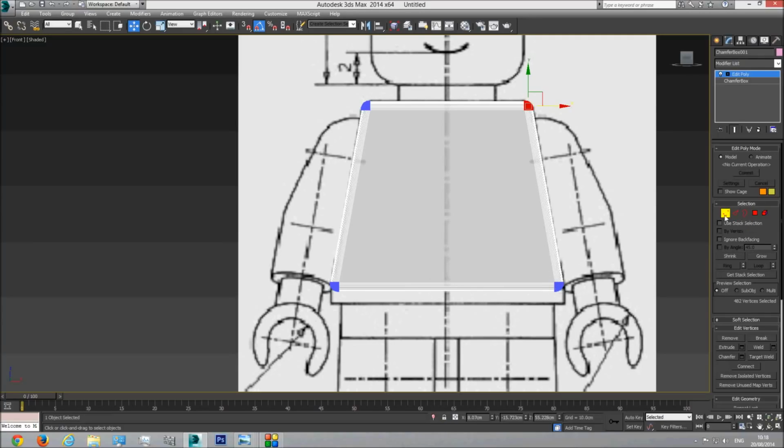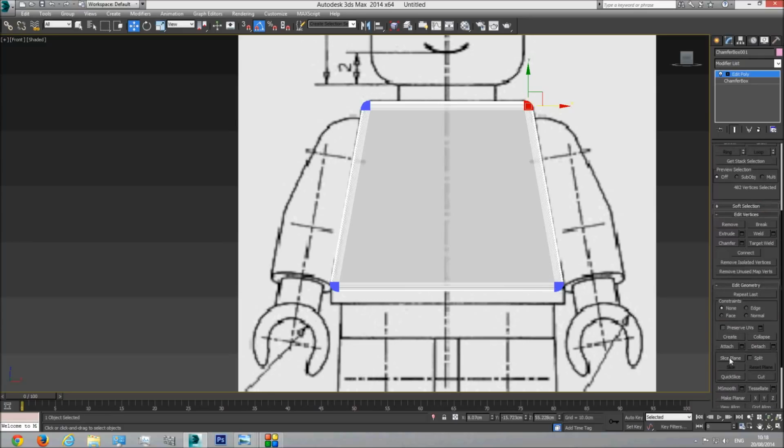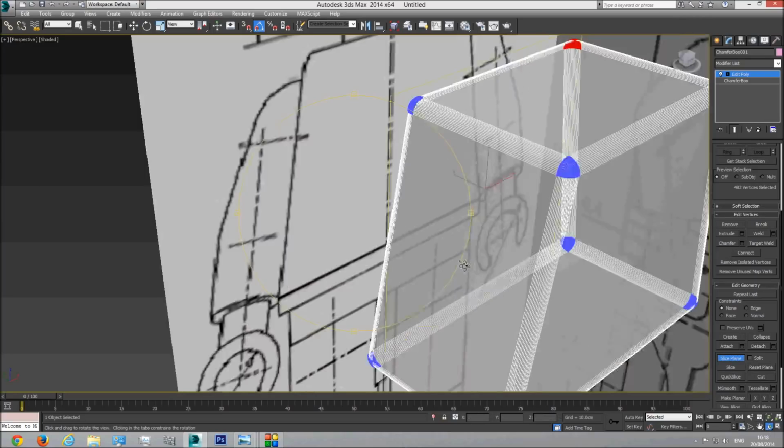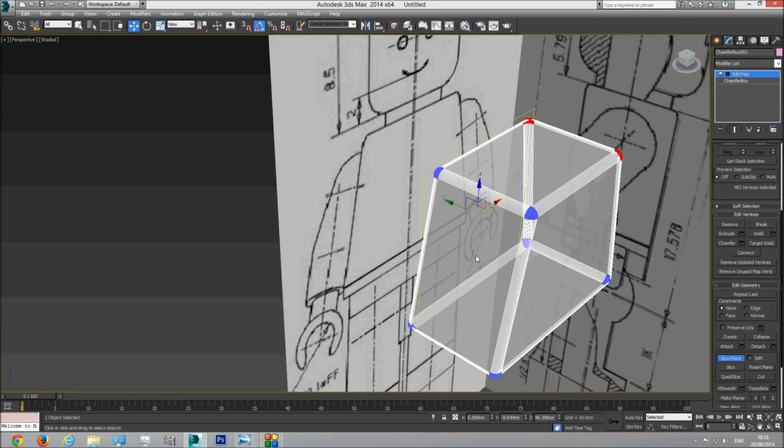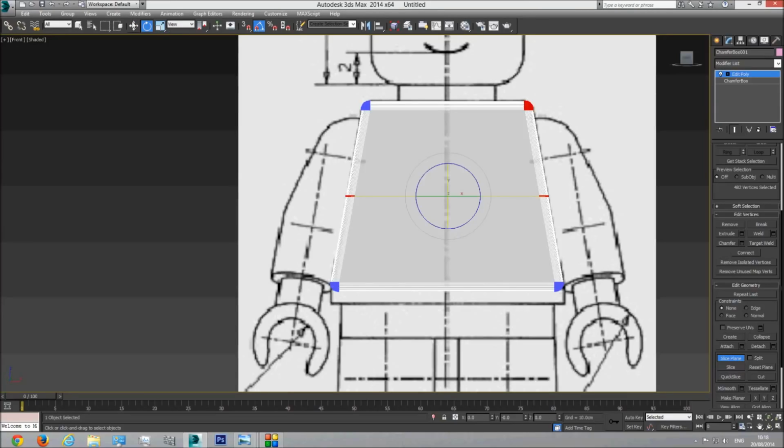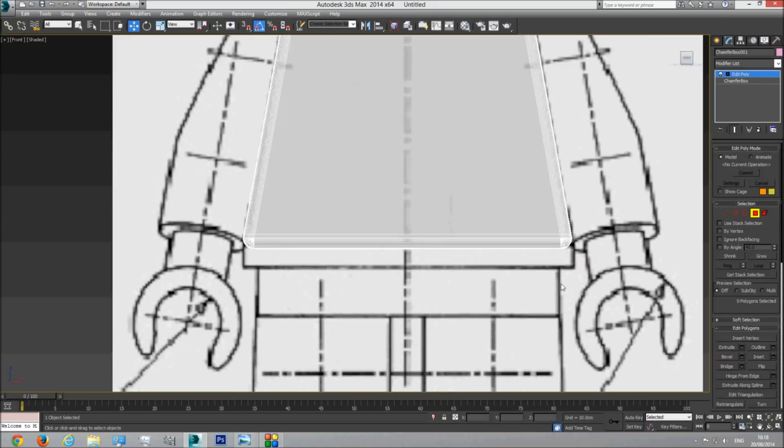So what I'm going to do is click on Slice Plane, and we have a slice plane here which goes in the center. This is our slice plane. We need to slice the other direction, so I'm going to rotate the slice plane 90 degrees. I'm going to go to the front viewport and slice it somewhere at the bottom, something like this. Slice. Now I'm going to select all of the polygons down here